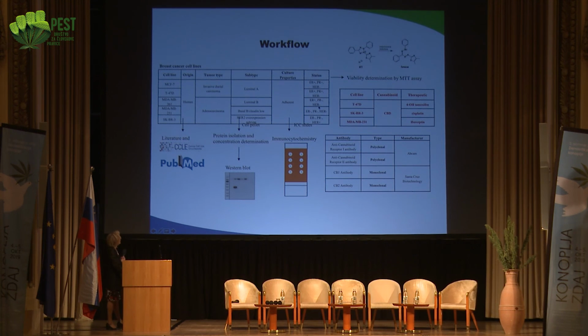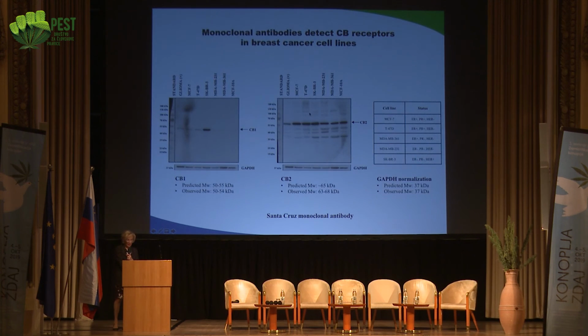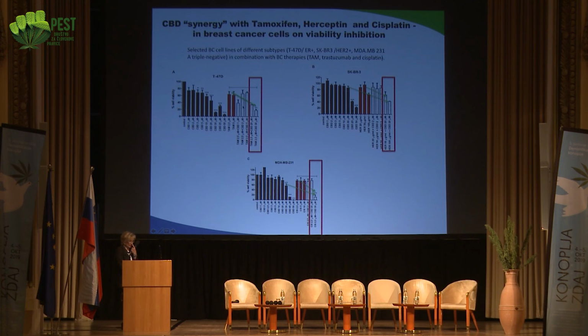Okay, so now we have used these cell lines to first test the amount of the receptors CB1 and CB2, and also do all the immunochemistry of these receptors, and then try how they respond to cannabinoids. So these are the so-called Western blots. You can see the level of receptor protein here, CB1, CB2. Most of the cells, but not all, express CB1, but most of the cells express the CB2 receptor. Not going into details, I just want to show you a summary of the experiments that we have made so far.